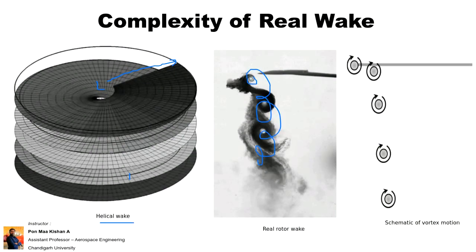When we study the motion of this vortex flow, if it is generating a clockwise rotation, there will be a vortex formation. It will be moving from one phase to another, and we have to study how it is going to impact the fuselage or other rotor systems if we have them. By that we can improve the efficiency of the vehicle.